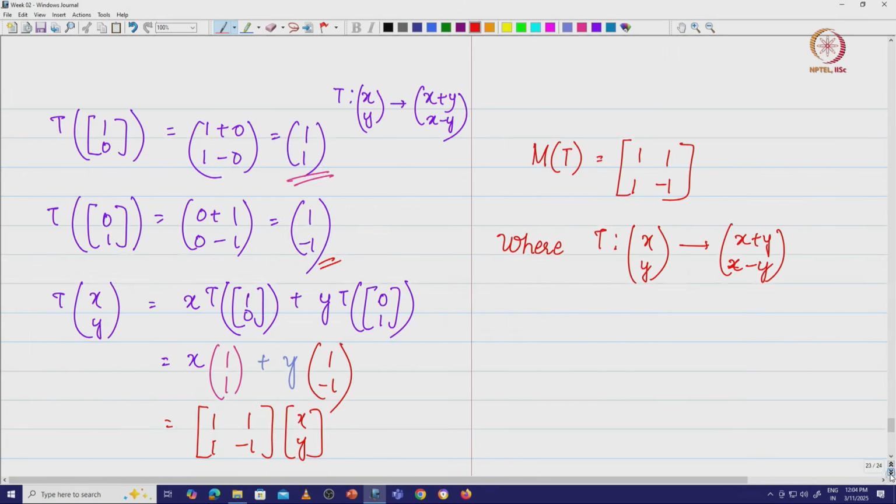So we were able to get a matrix, and we stopped with the question: is it always that you transform from Rn to Rn, or can we have a transformation which will map from Rn to Rm or any vector space V? Because we started by saying that a linear transformation is a mapping from a vector space V to a vector space W. So how do we get to the matrix of this linear transformation? That is a question that we are going to ask. So let us go ahead. Obtaining the standard matrix associated with a linear transformation.